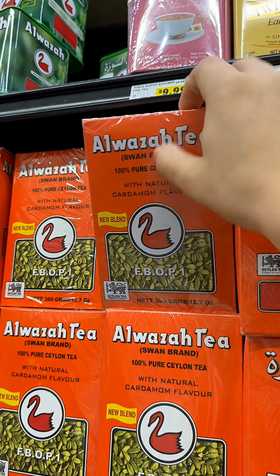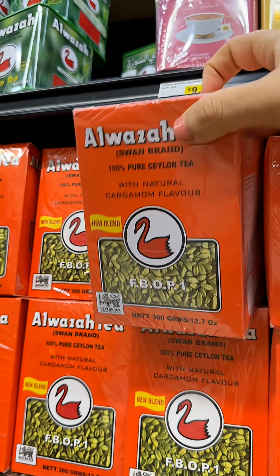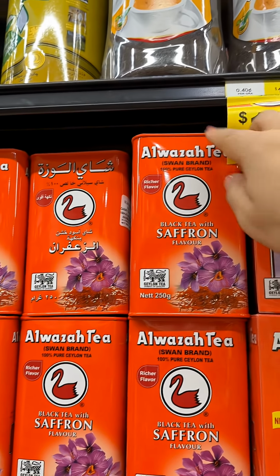This is my absolute favorite tea, the cardamom silent tea from Al Wazza, and also the saffron